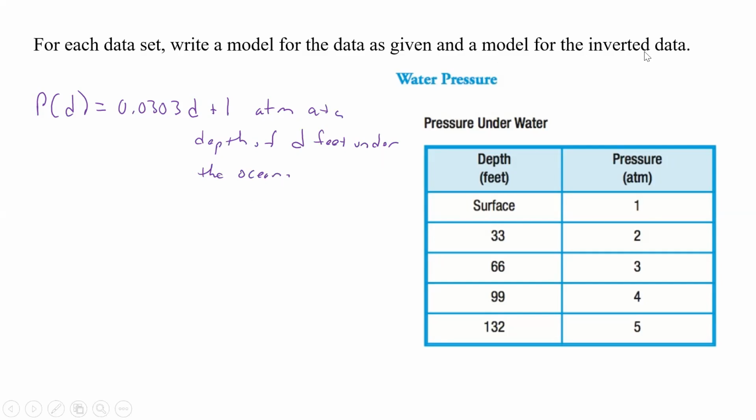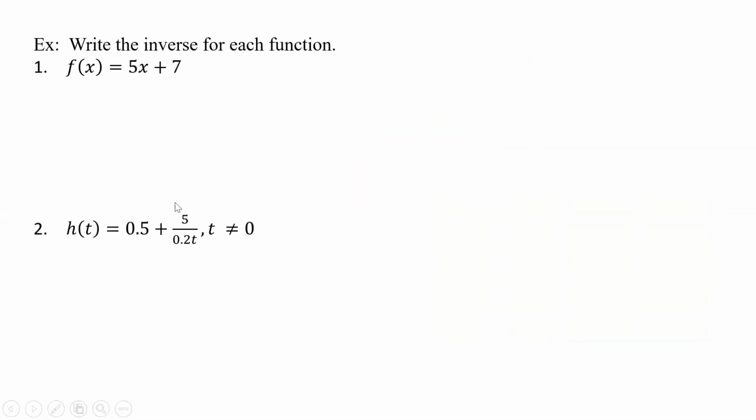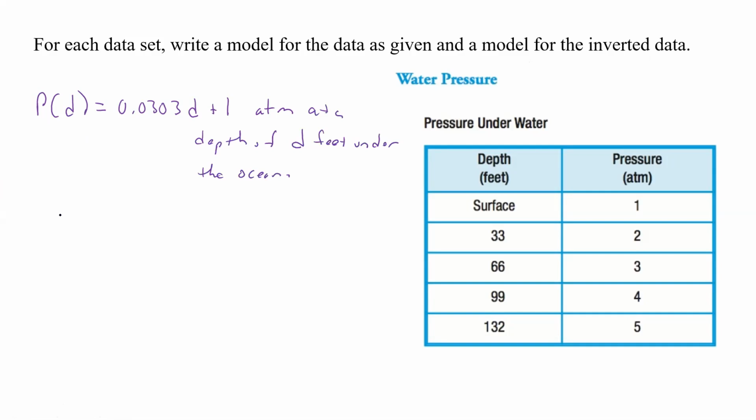Now they want the model for the inverted data. Okay, well, guess what? We can do two things. Before we go to a different share, one thing we could do is solve this, do the invert, find that, and we could get it directly. And so if we do that, what we would have to do is say y equals 0.0303x plus 1, and I would swap those and say x equals 0.0303y plus 1. So then I would subtract 1 from both sides, and that gets me